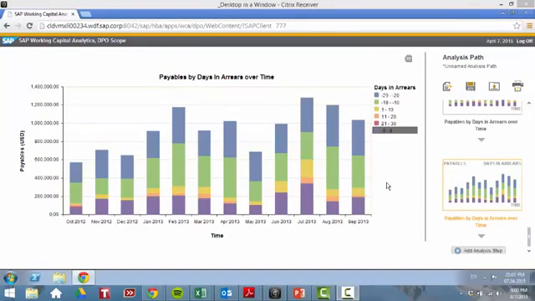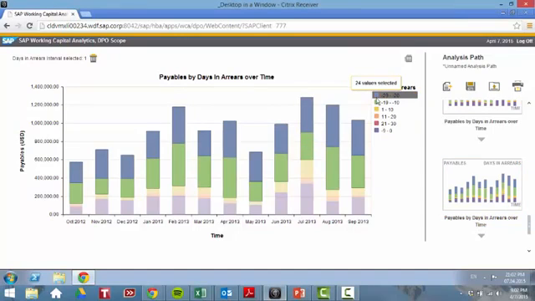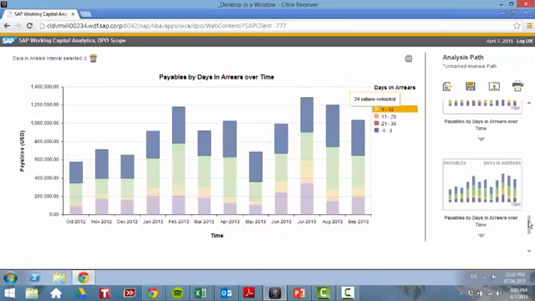So now we can see the invoices when they're paid, and we just hover over things and get information about the specific payables and the days in arrears. Let's look at these payables with negative days in arrears. All I have to do to select these is just click on the legend, and then I will add my analysis step,